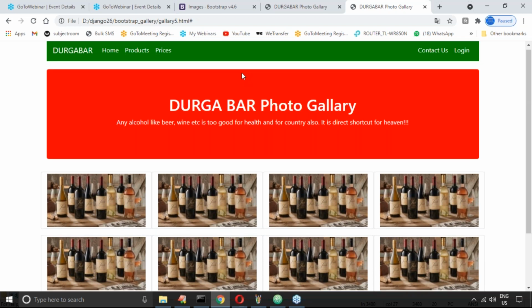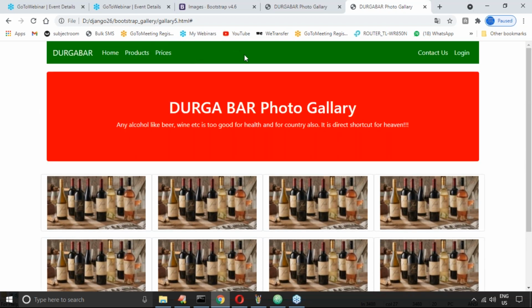Sir, can I take a fixed top navbar here? Can I click on it to view?